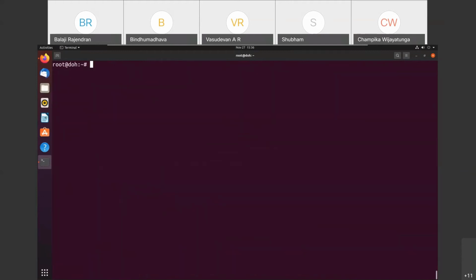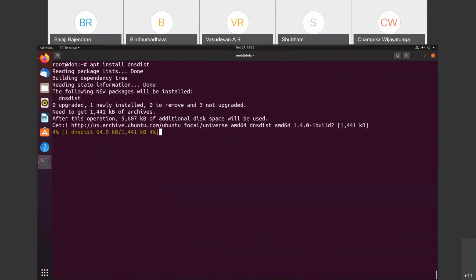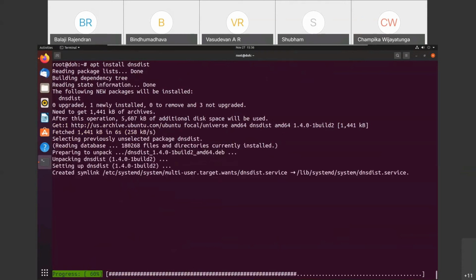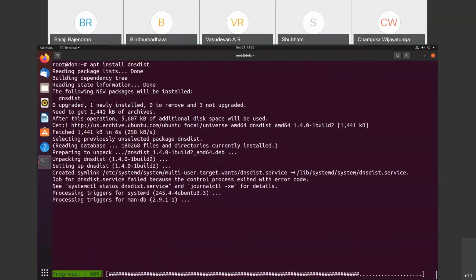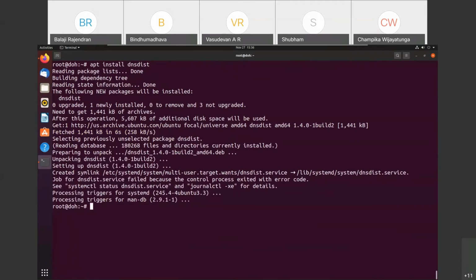Next step is I require DNSDist to act as DoH and DoT, so I will install DNSDist. Okay. Now the next step is we will start with the configuration of DNSDist.